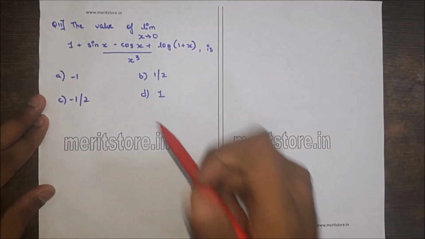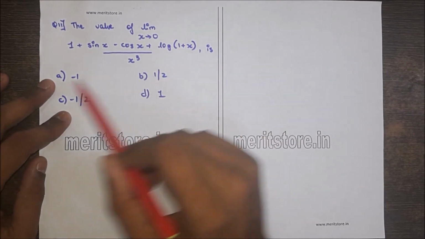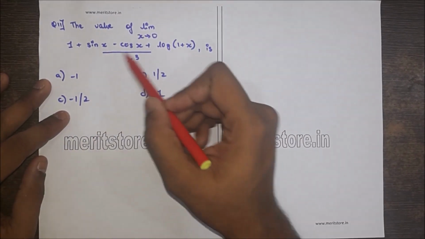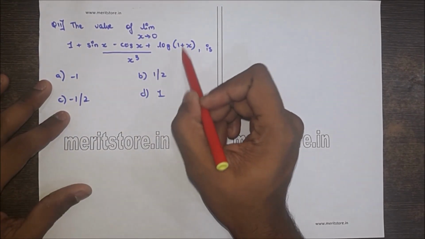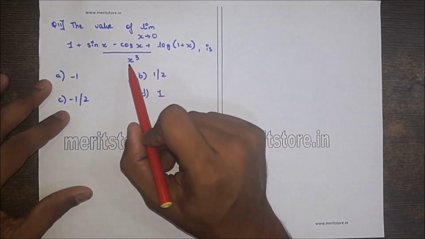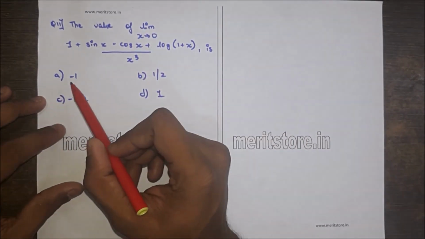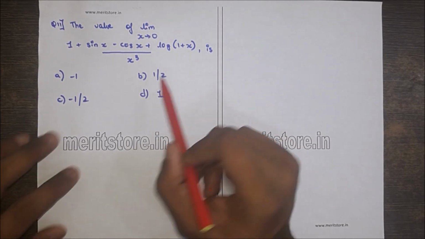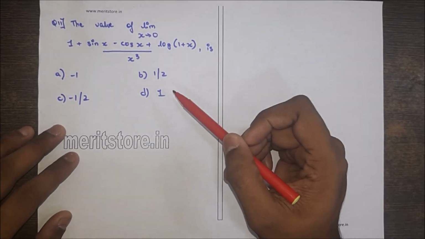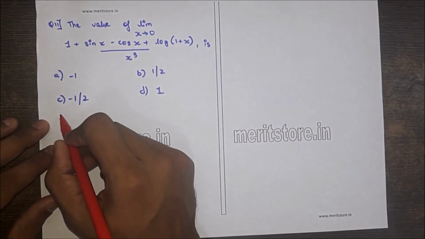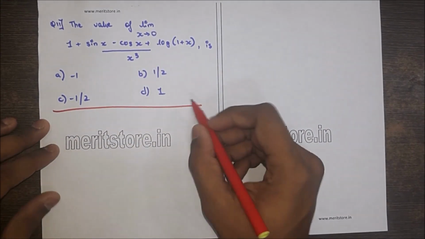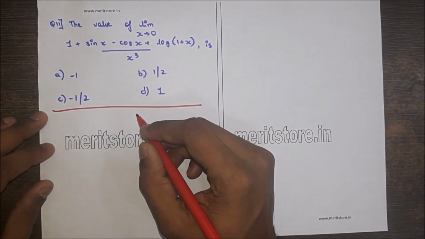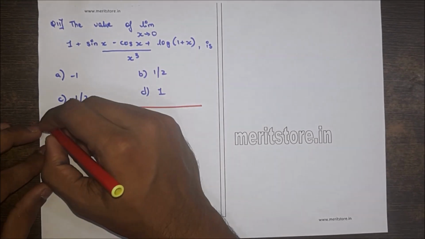The value of limit x tends to 0, 1 plus sin x minus cos x plus log of 1 plus x upon x cube is a minus 1, b 1 by 2, c minus 1 by 2, and d 1 by 2. So first, using L'Hopital's rule, we get limit of